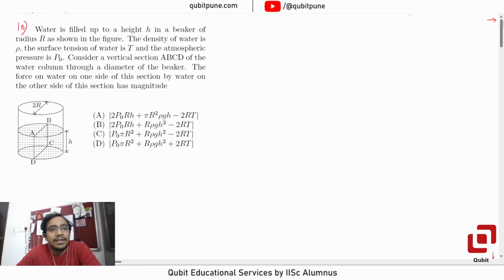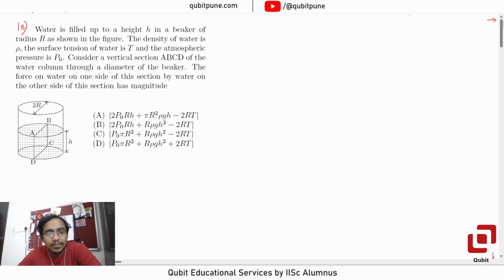Water is filled up to a height h in a beaker of radius capital R as shown in the figure. The density of water is rho. The surface tension of water is capital T and the atmospheric pressure is capital P naught. Consider a vertical section ABCD of the water column through a diameter of the beaker. The force on water on one side of this section by water on the other side of this section has magnitude mod 2 P naught RH plus pi r squared rho gh minus 2 RT,